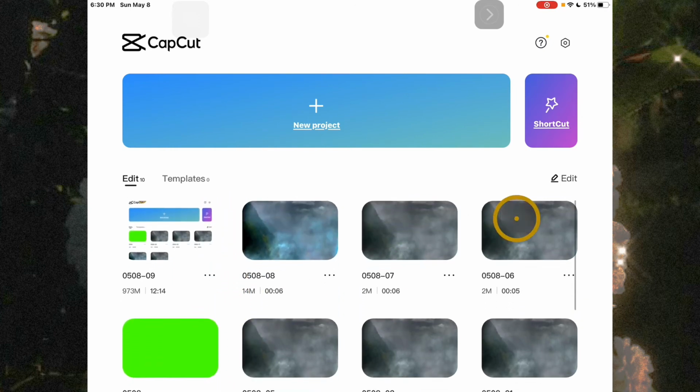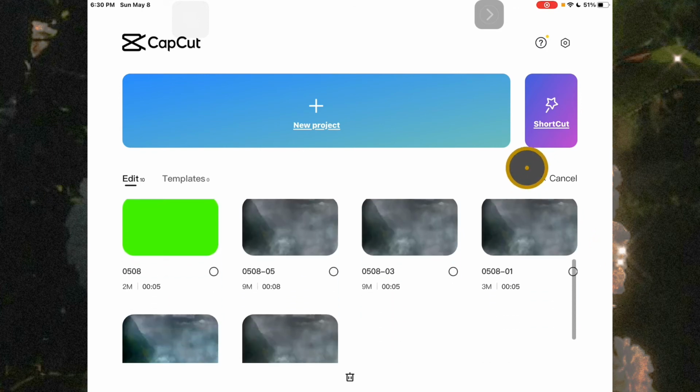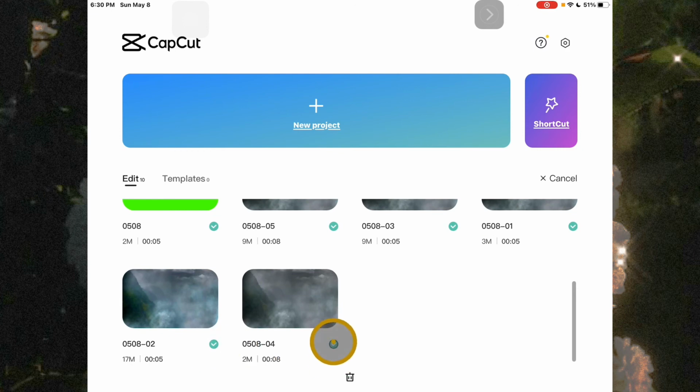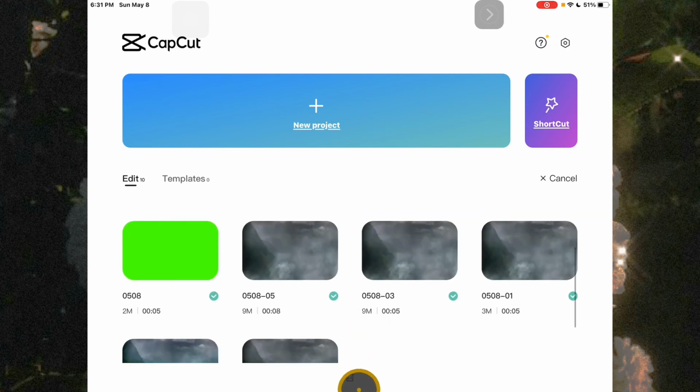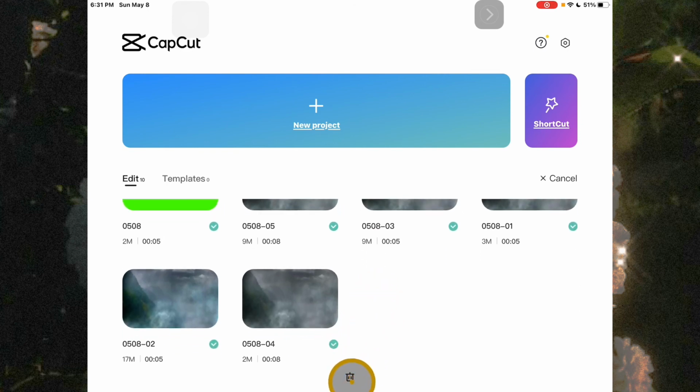What you need to do to clean your projects is to tap on Edit right here, and you need to select which project you would like to delete, and then check this mark. 1, 2, 3. I want to delete all of them. 1, 2, 3, 4, 5, 6. Okay, I have 6 videos. Actually, no, I don't have 6, I have 10. But yeah, now all you need to do is to tap on this trash icon,